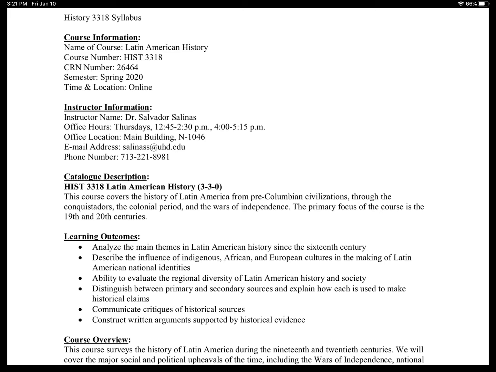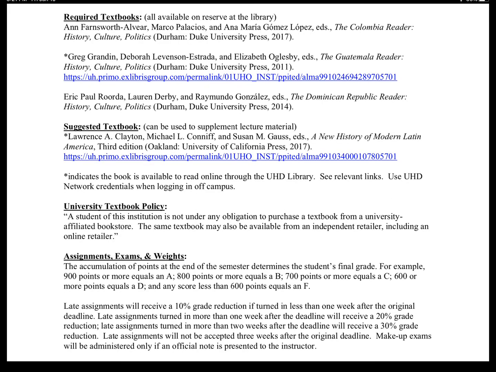Below is a course overview, and I'm not going to read all this. This just covers some of the topics that we'll be discussing. On the second page, let's have a look at the required textbooks. And I discussed these textbooks in the first video lecture on the course introduction, but let's briefly review them here. So there are 3 assigned textbooks that I want you to purchase: